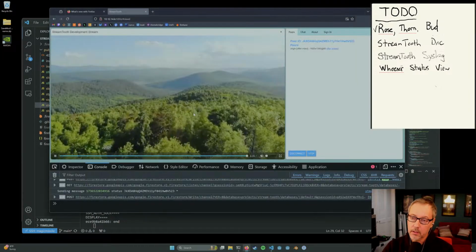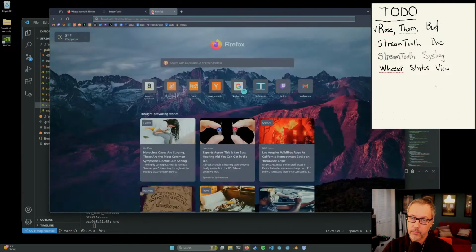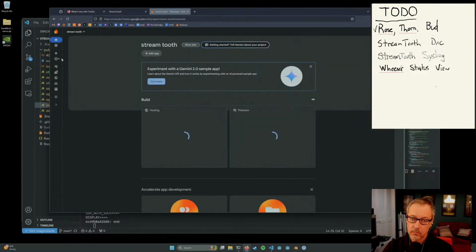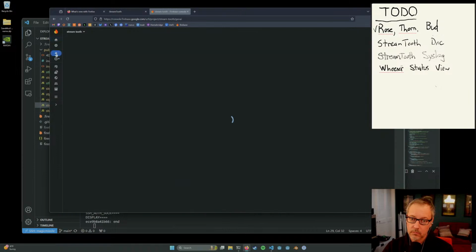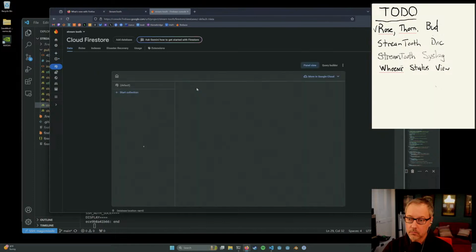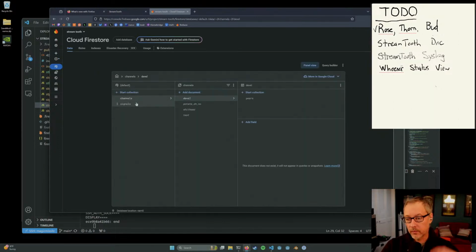let's take a look at our Firebase setup. So we've got channels, and inside channels we've got peers.